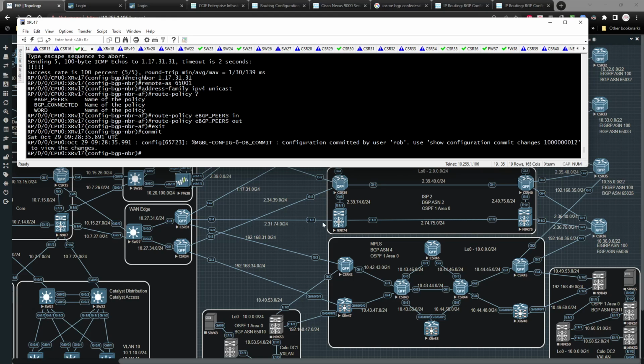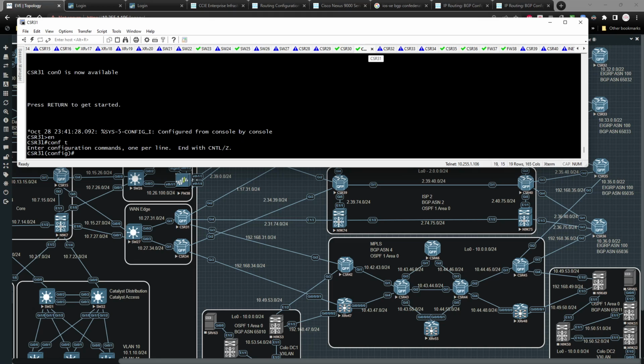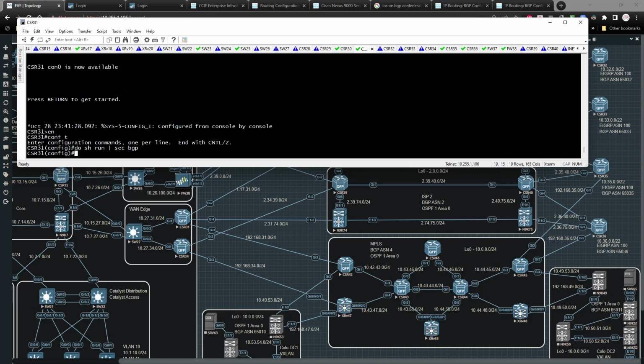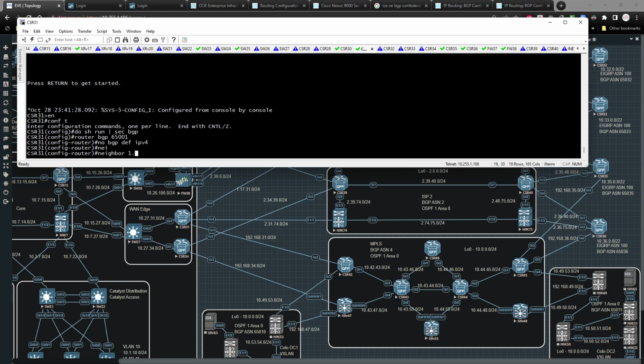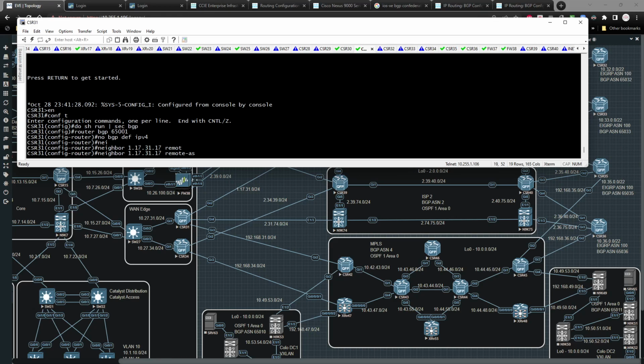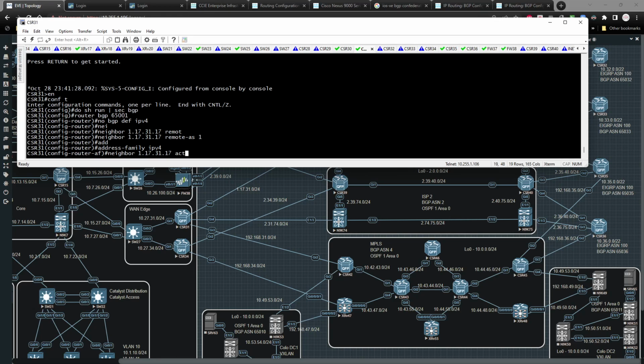And then we have to do 31 to, let's go to 31, get this site configured. Do show run, I don't think there's BGP on there yet. BGP, no. Router BGP 65001, no bgp default ipv4, neighbor of 1.17.31.17, remote AS of 1, address family IPv4,